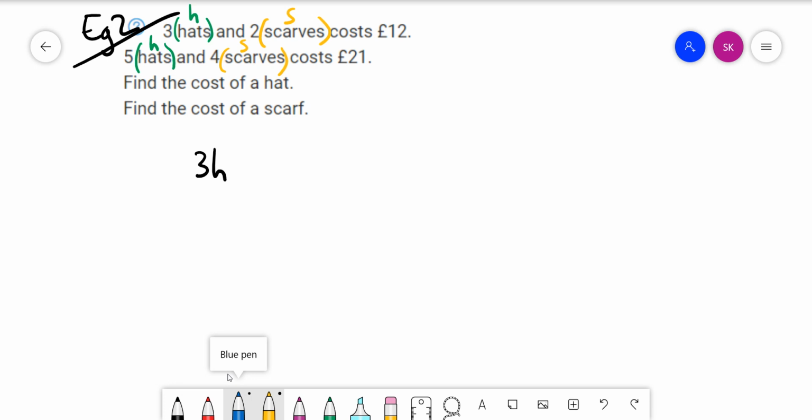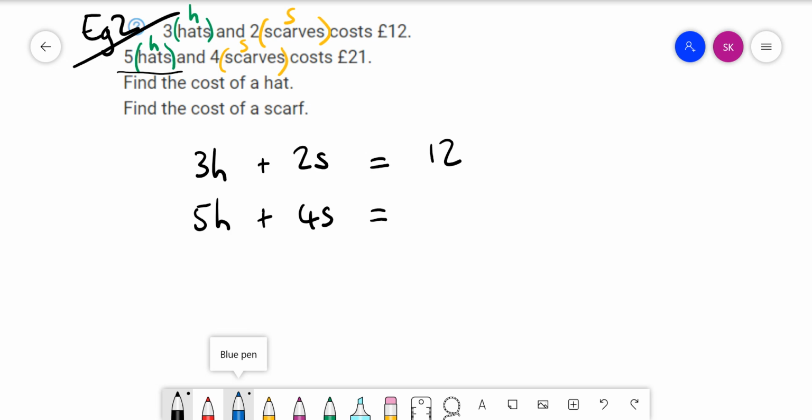So, first equation, I've got 3H plus 2S, and that costs a total of £12. For the second equation, I've got 5H and 4S, and together the sum of those is £21. Two equations, two unknowns, simultaneous equations. There we have it. We're going to do the A and B, but in this case, we don't have the